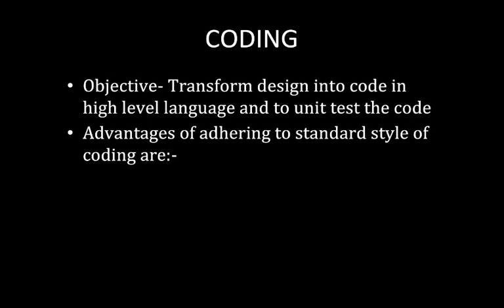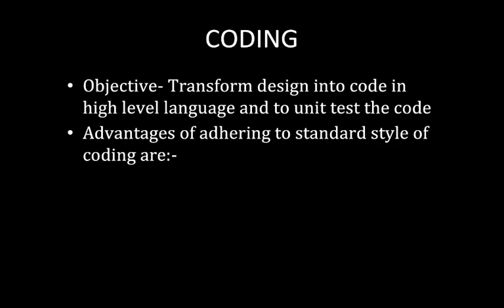Most software development organizations have some coding standards. Big companies have coding standards that should be followed by the programmers. In most companies, there will be two sets: one is coding standards, and the second is coding guidelines. Coding standards are those which should be mandatorily followed by the developers, and coding guidelines are just instructions that may or may not be followed by the programmers. That's the difference between standards and guidelines.